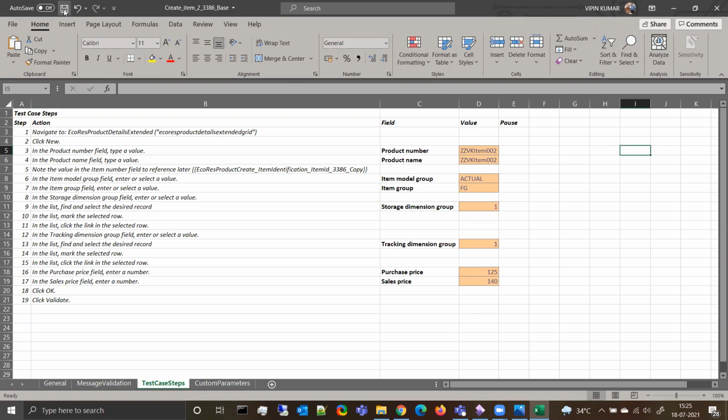But don't worry, I think we are done with this. Perfect. So it's going to create a new item with this item ID. If you want to specify a different purchase price or sales price, it's totally fine. I can write whatever I want. But remember that I have to validate this price also, so I'll have to change that validate step also. I don't want to do that for now. But anyway,